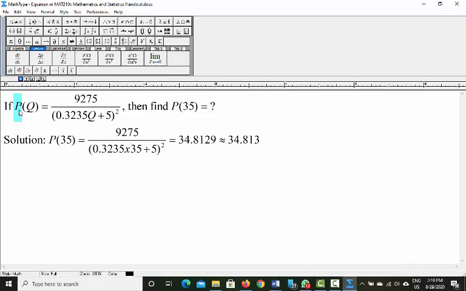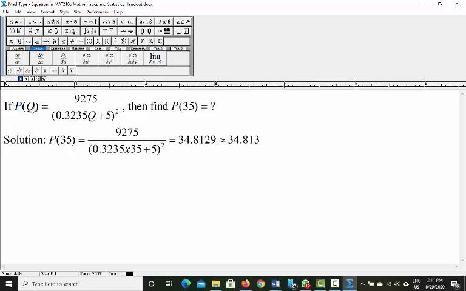So this one represents the name of the function. The name of the function can be any. It doesn't really matter. But it would be very good if you can name the function representative of the type of function. So if it is a profit function, we can name it as P. If it is a price function, we can name it as P. If it is a cost function, we can name it as Q. If it is a revenue function, we can name it as R. So it would be very good if we can name it accordingly.